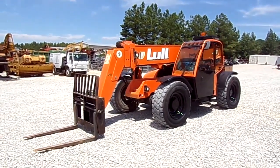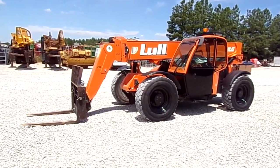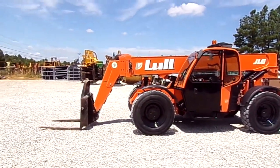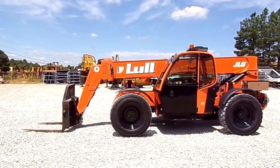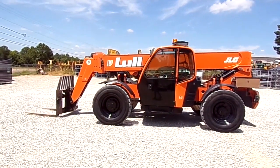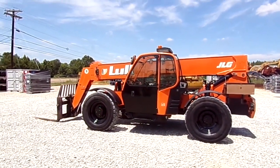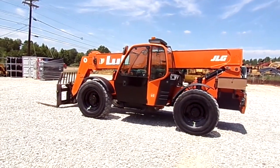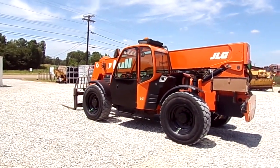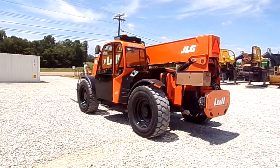Alrighty folks, today we got a 2007 model LULL 944E-42 telescopic forklift, 3,500 hours, 4-cylinder Cummins, 110 horsepower, turbo diesel engine, 4-speed power shift, 9,000 pound lift capacity,